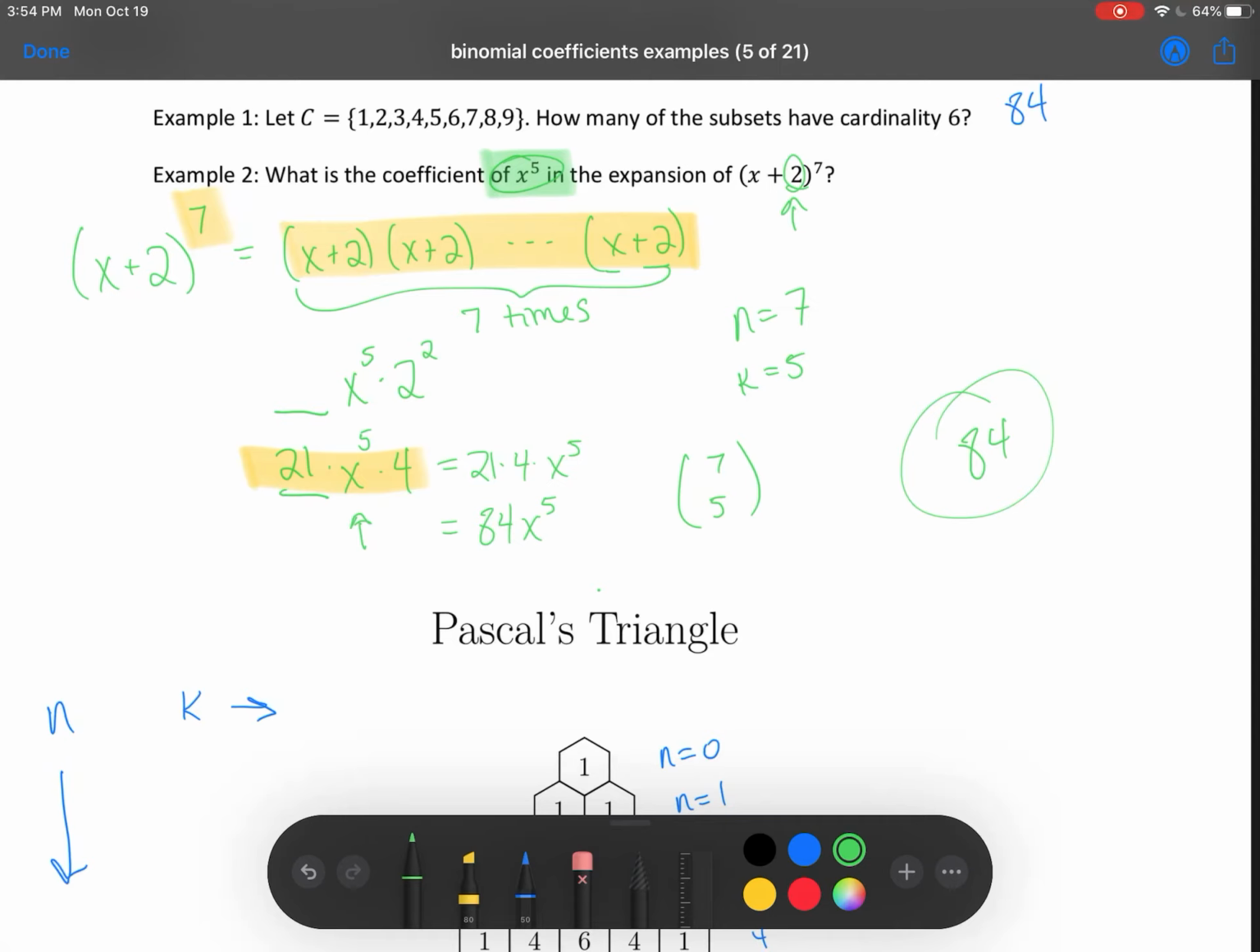Just so you know, it just happens to be a coincidence that I chose 2 examples which both have an answer of 84. But hopefully that gives you a better idea of how we are using